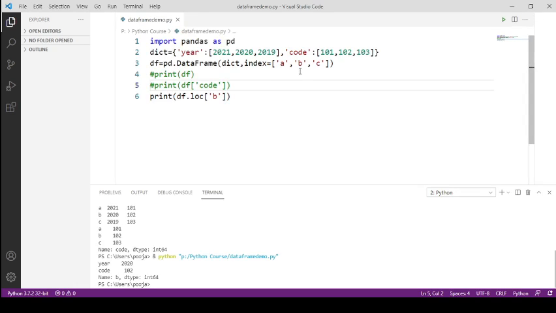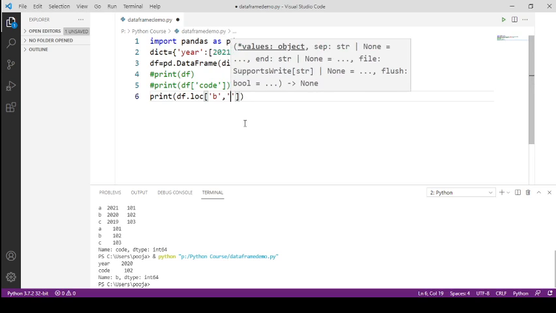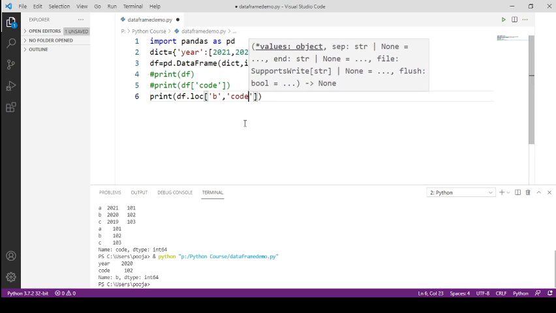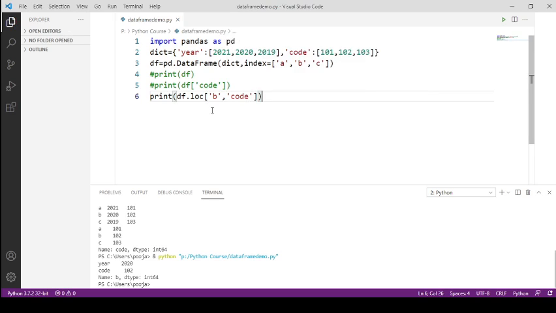If you want to print a specific column value, then you need to specify the column name as well. For example, you want to access row B and then column code, so it will display the value associated with this column and this row.